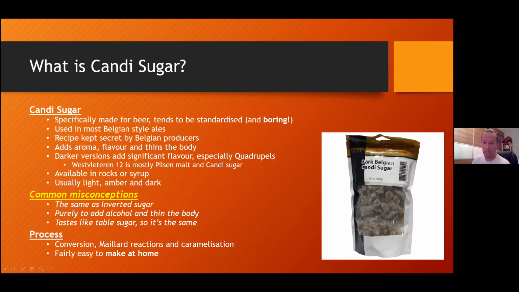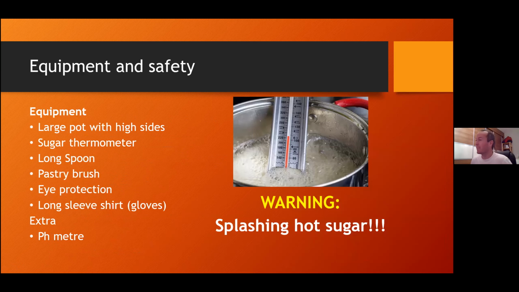And it's also easy to make at home. And this is what's really, really interesting. I think us as home brewers don't do it enough, because we actually have opportunities to make flavors that are just not possible. You can't buy this stuff because of all the secrecy around it. And in my experience, I've made some really interesting sugars that I actually end up adding to my coffee even, just because each time I do it is different. And so let's start. What do you need to make candy sugar?